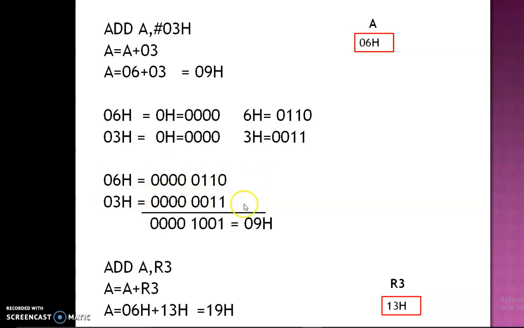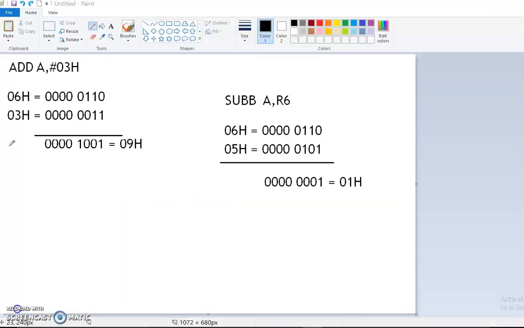Now we have to add this 06H and 03H with the help of the ADD instruction. Now I will show how to add. This is the 06H binary value, this is the 03 hexadecimal binary value. So we have to add bit by bit. 0 plus 1, addition of 0 plus 0 and 1 is 1.